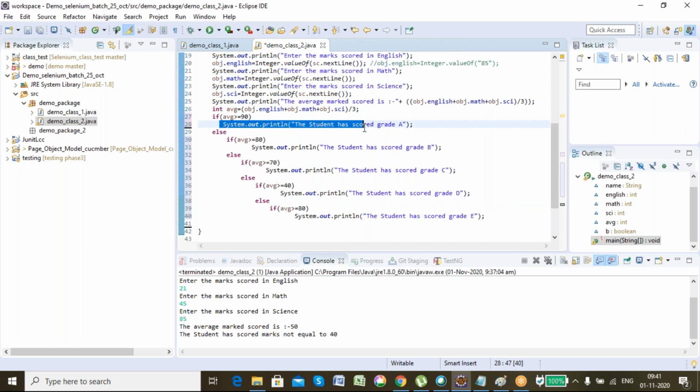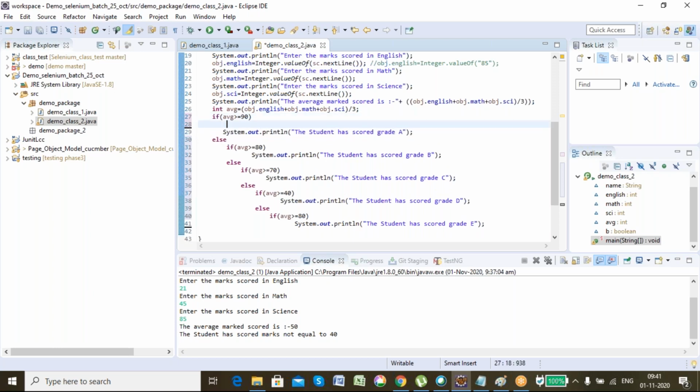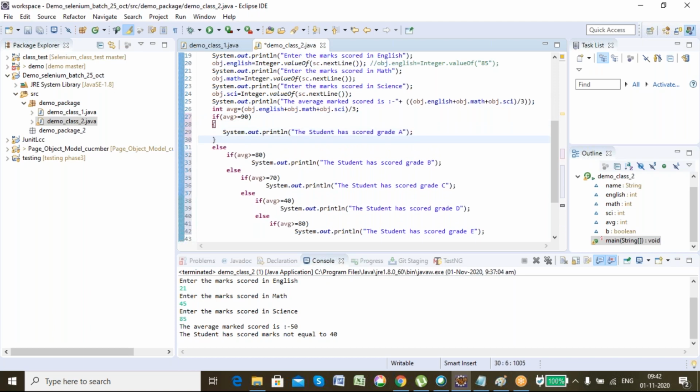I am not giving curly braces here because every if and else has one statement, one line of code. That is not required, but I can give it so that you could have a better understanding. Here the if statement started and ended.